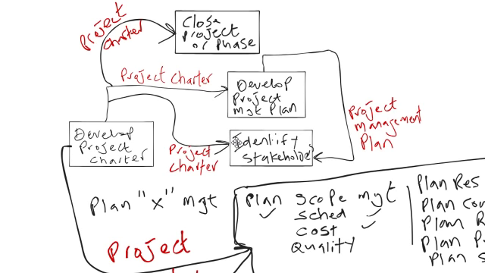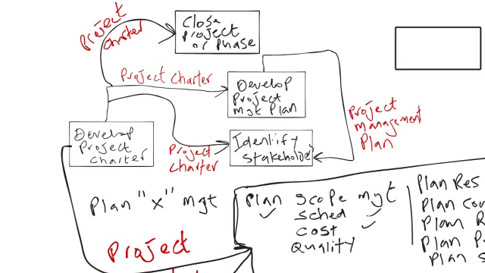This is very important. Now, I know we have plan scope management over here, but don't lose sight of the fact that two very important processes in scope need the project charter. And these two very important processes are the collecting of requirements and also